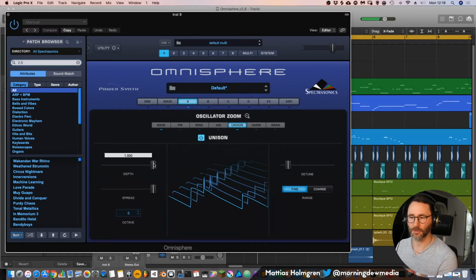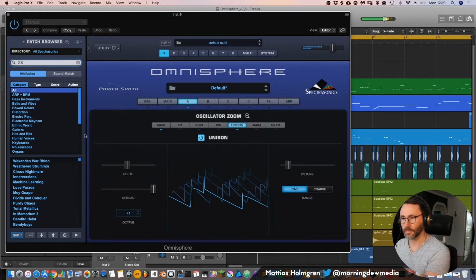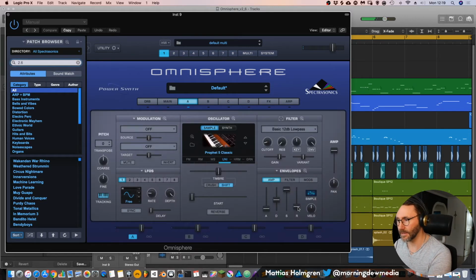We can select how deep, that means how many voices. You can see that by this icon. And it says how many voices we have and also the stereo spread of these voices. Now we have a mono sound and more stereo. And we can also pitch these unison voices. So let's add a little bit of release to this sound.